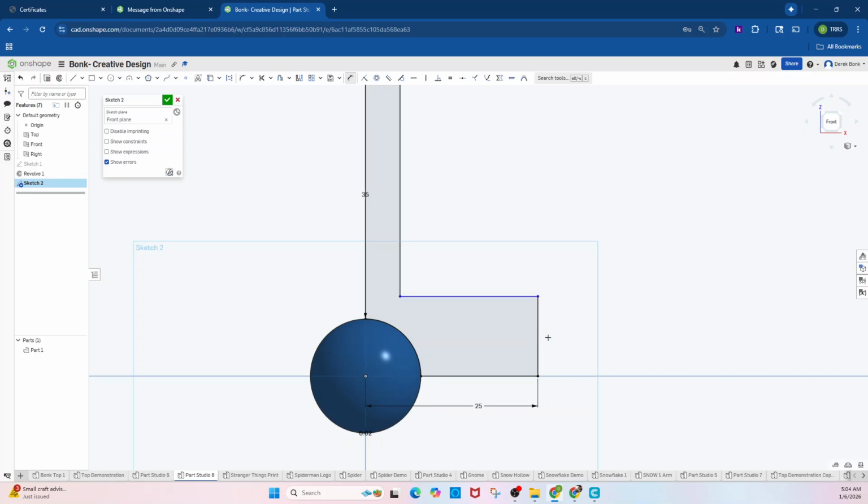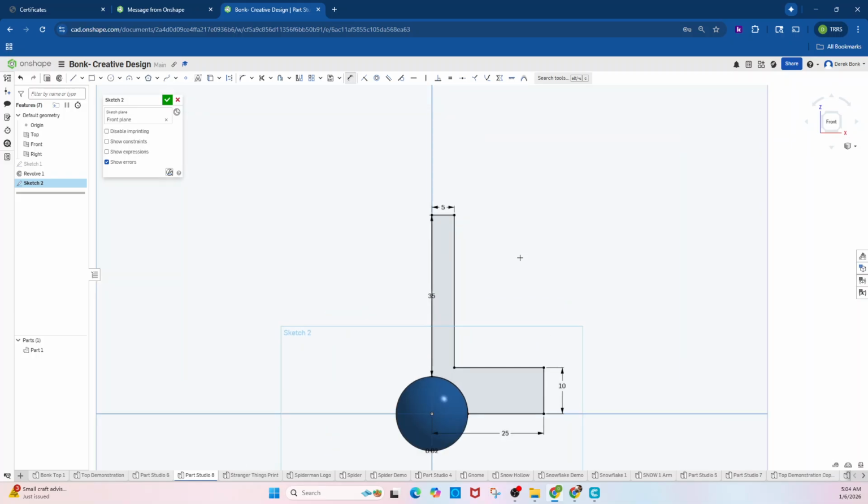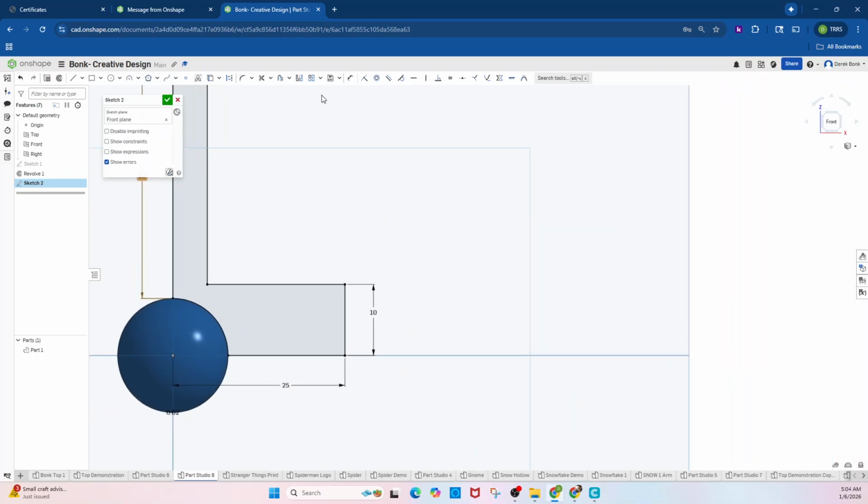You want to make this line here, this vertical line, 10. And you don't need measurements. The measurements that you have here are all the measurements that are necessary to lock that rough shape in. And then what I've done